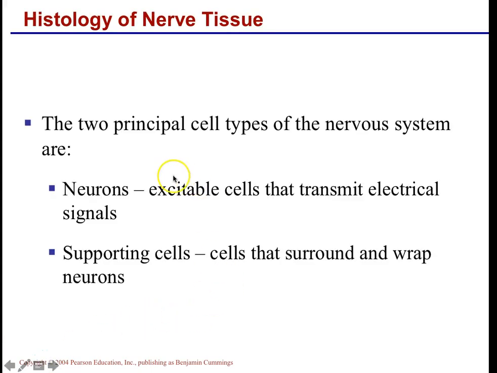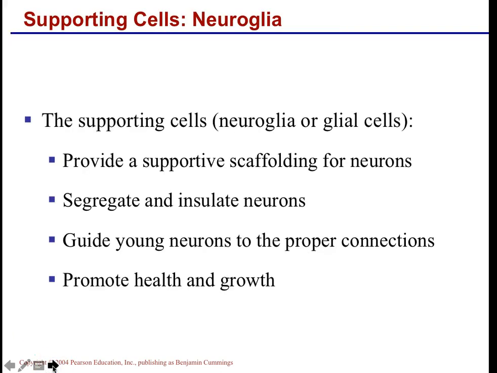Okay, histology. Let's say the brain and spinal cord are mainly made up of neurons, and they are specific for transmitting information from one to another, but there are some supporting cells. I am going to give you an example on the next slide, and they're called neuroglia. They're not neurons, they are supportive cells. What do they do? There aren't a lot of them, because the majority of the cells in the brain are neurons, but the minority are neuroglia.